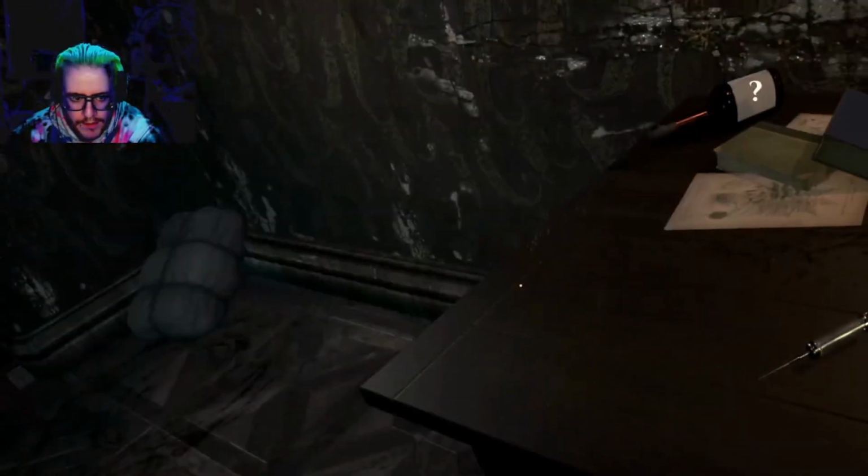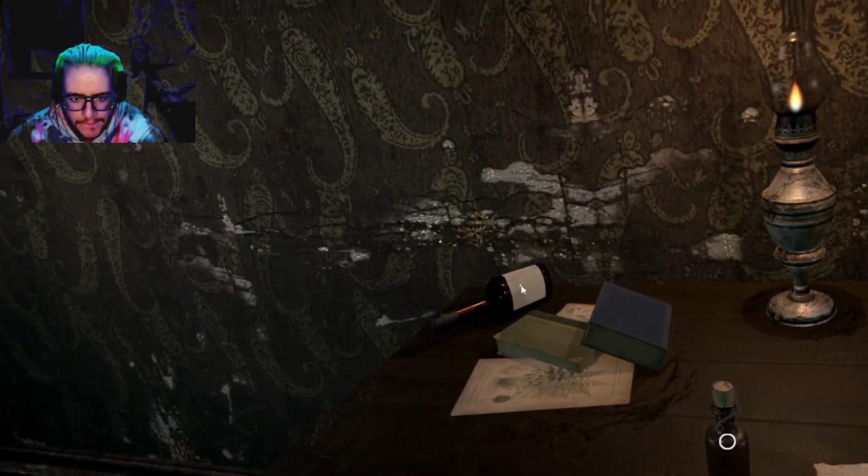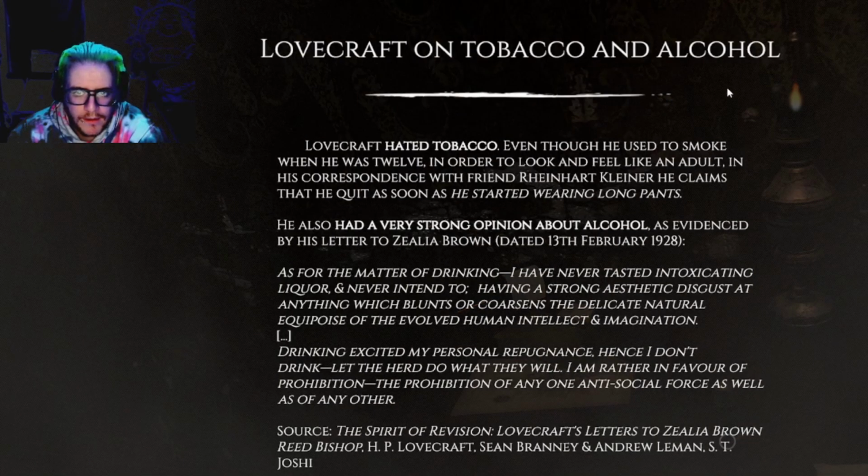Okay, we can look at that bottle. Lovecraft hated tobacco, even though he used to smoke when he was 12. Oh God. In order to look and feel like an adult. In his correspondence with his friend Reinhard Kleiner, he claims that he quit as soon as he started wearing long pants. He also had a very strong opinion about alcohol, as evidenced by his letter to Zealia Brown,